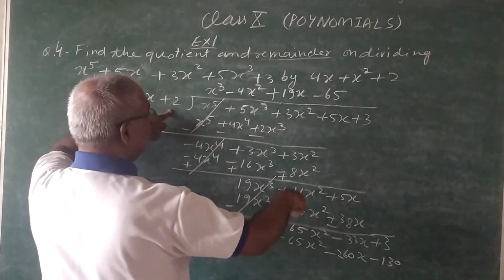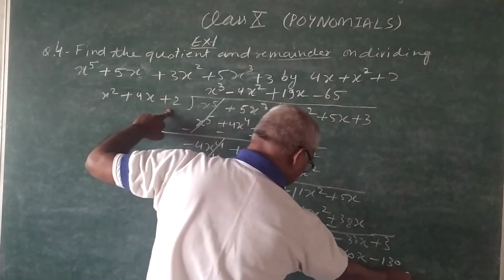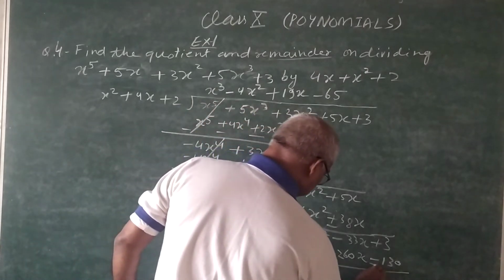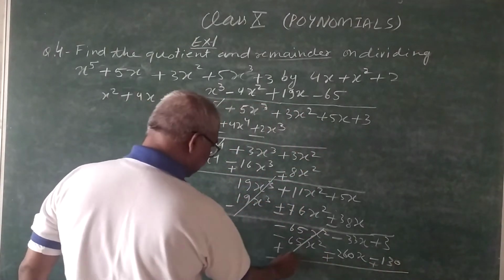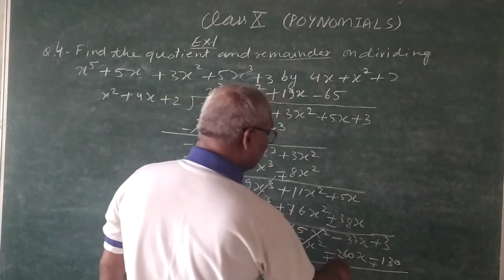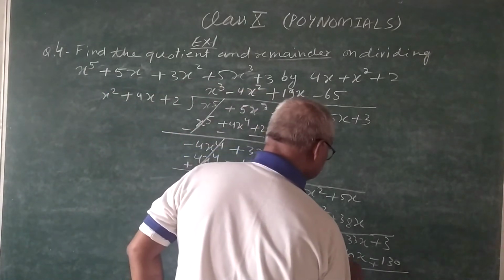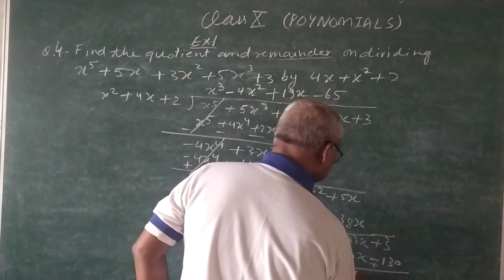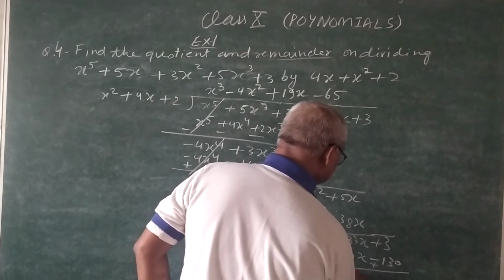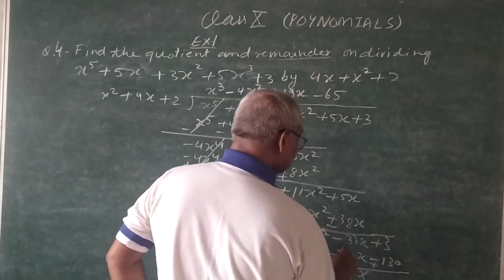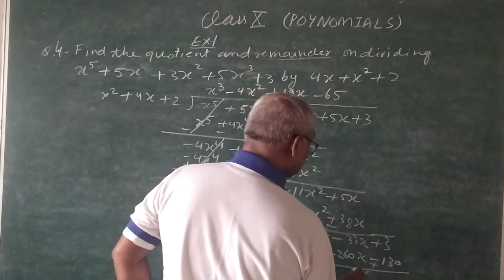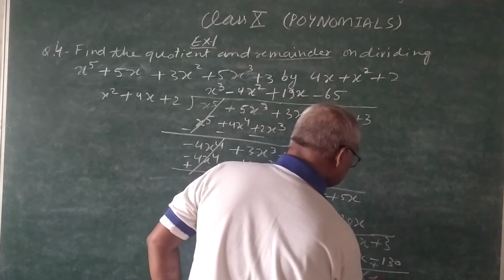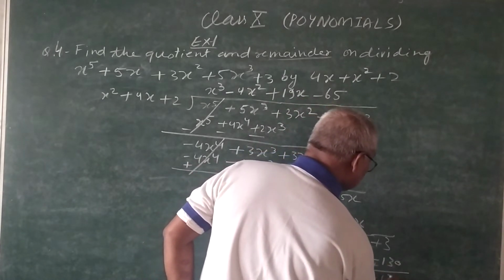Two 5 get 10, and 2 6 get 12, and 1 13. Now change their sign. It becomes positive. It is also becomes positive, and this one is also positive. This will be cancelled out to each other. Now positive larger, so subtract to each other. 10 minus 3, that is the 7, and 5 minus 3, that is the 2, here is plus, it will be added to each other, 1 3 3.